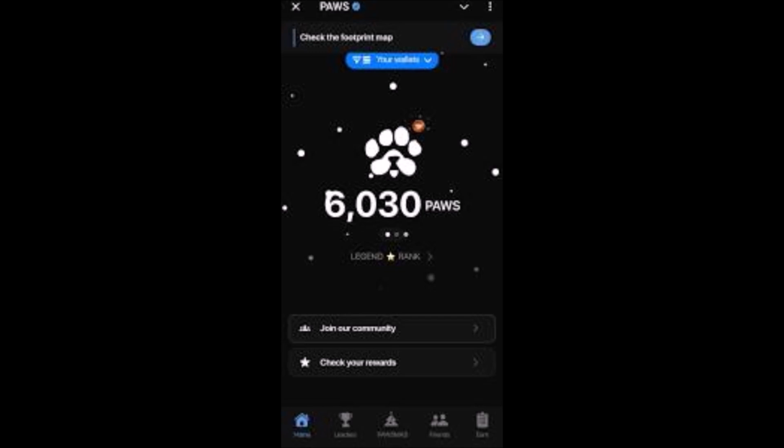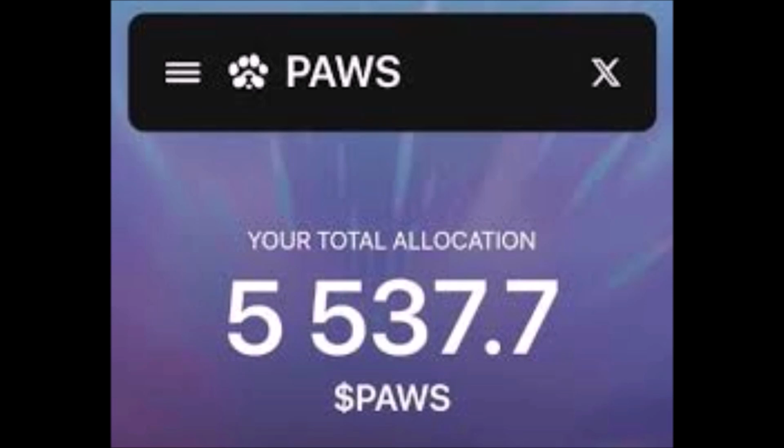Now back to business. Based on this allocation they are given, we don't know the listing price yet, but the listing price is going to be made known in this very month of February, in the next few days. Now let's assume that the allocation you are given is 4,000. So I'm using 4,000 PAWS coin as the allocation you are given, and let's assume the listing